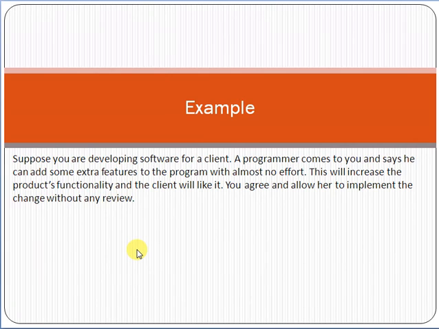So friend, remember that gold plating is totally wrong. You should not do any of these things. You have to add the functionality through the change management process. If the scope has been agreed and signed off, then anything further will be added through the change request procedure. It can't be added without the CR, or change request, procedure.